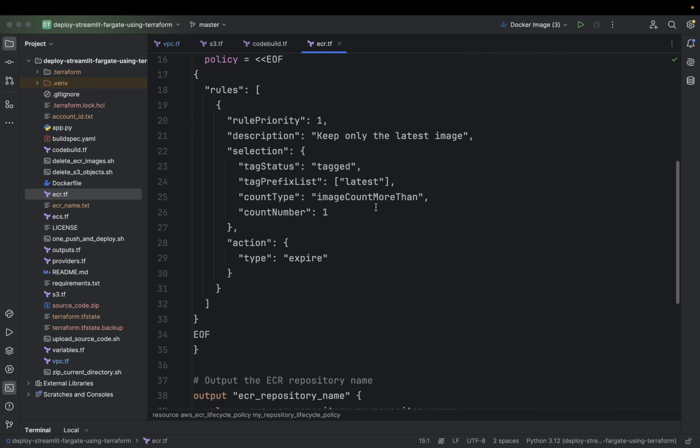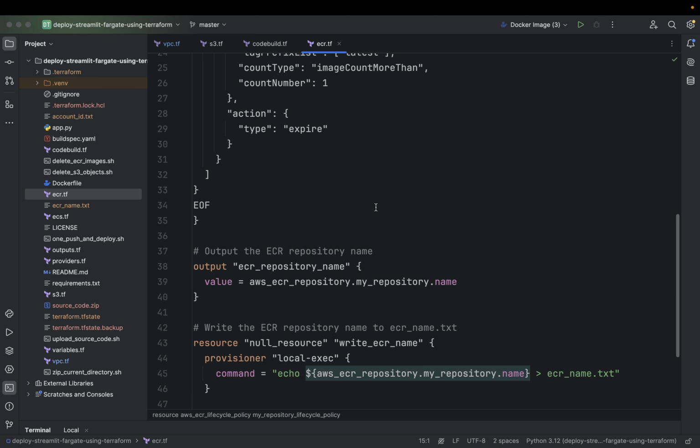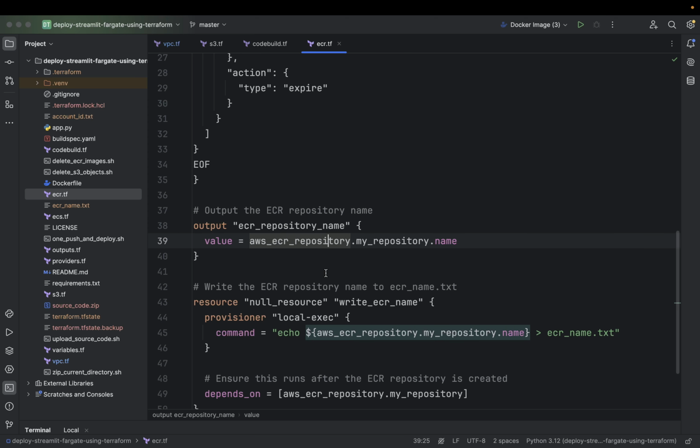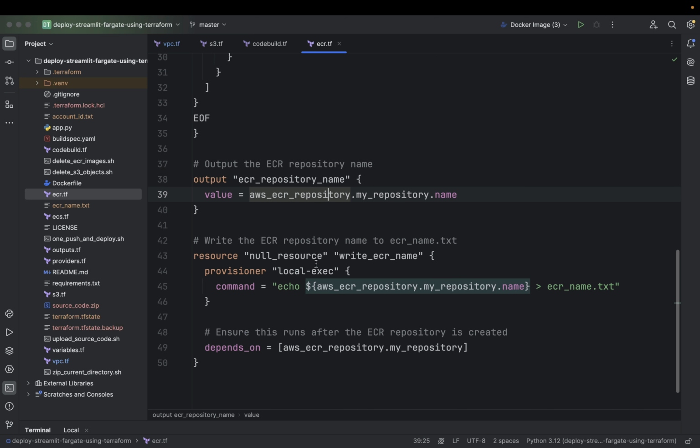This not only optimizes storage costs, but also ensures that your repository remains clean and relevant, containing only the most up-to-date artifact. We then create an output block to capture and display the ECR repository's name upon successful creation. This is useful for integration with other Terraform configurations or for informational purposes.